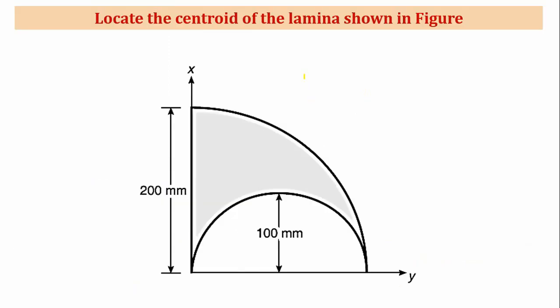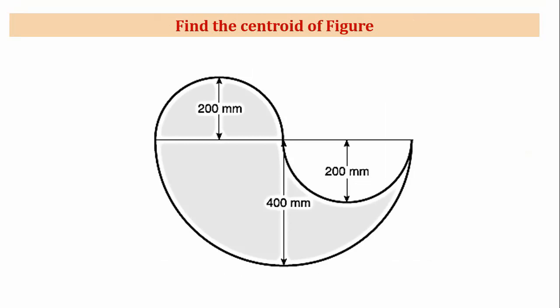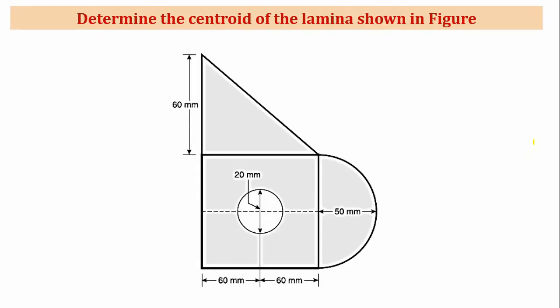So these are the further assignment questions which have to be solved. These are 5 questions. You note down these figures, try to solve, and send me the solutions. This is the first problem, this is the second problem, this is the third problem, this is the fourth problem, and this is the fifth problem. All these 5 problems have to be solved as an assignment and submitted.